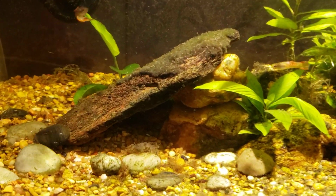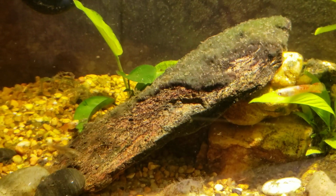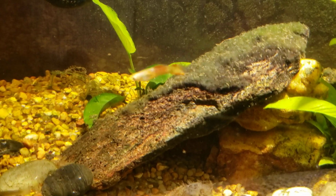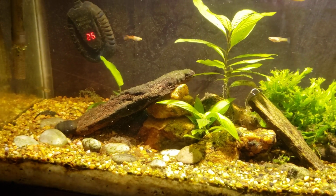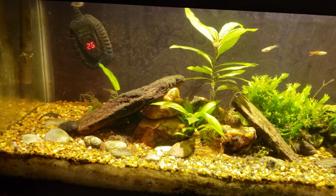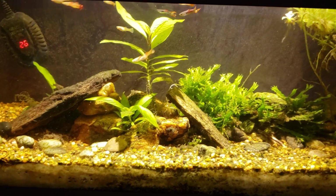I did want to show you the very clear difference between when the fish doesn't have to worry about the cyanobacteria and how much more effectively they'll clean your surfaces, as opposed to once that cyanobacteria gets a hold and starts growing over stuff, the fish will really stop scraping on it once that cyanobacteria gets on there. They do not like it. So in addition to that, I